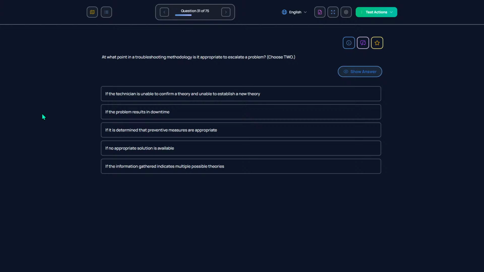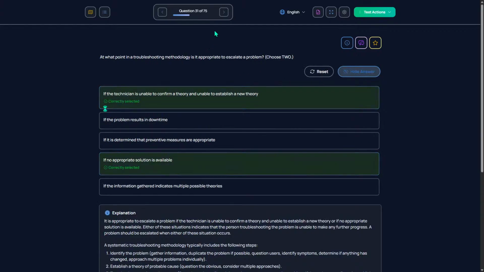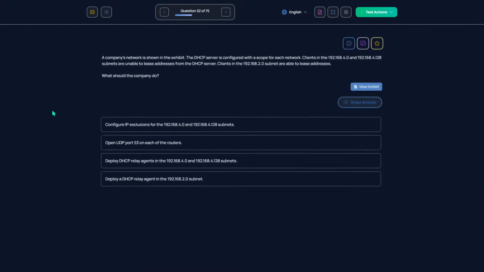At which point in troubleshooting methodology is it appropriate to escalate the problem? Can't confirm. No appropriate solution found.